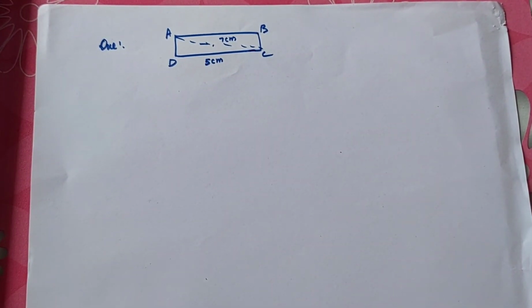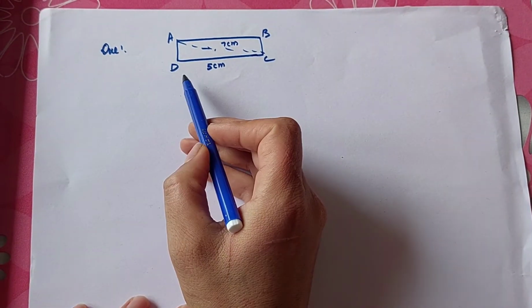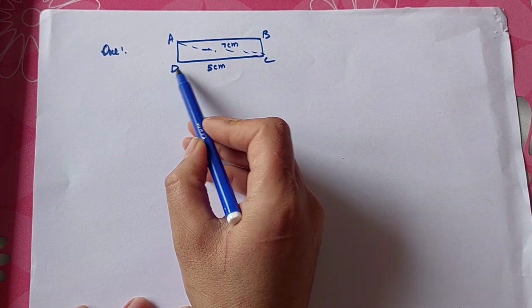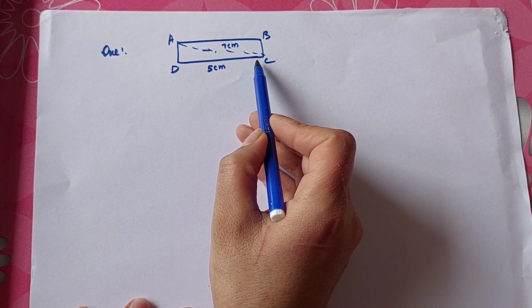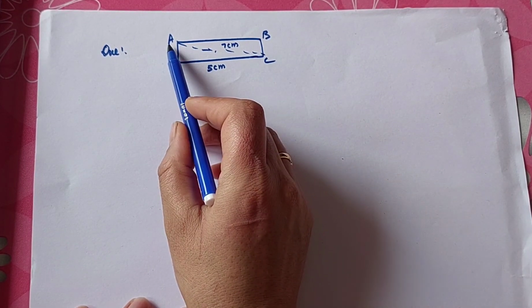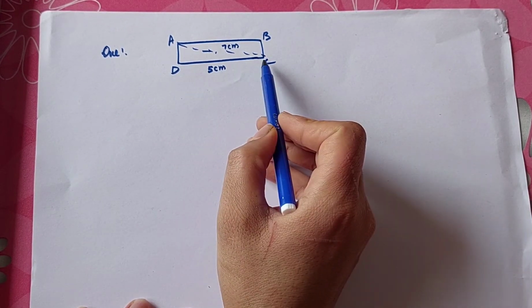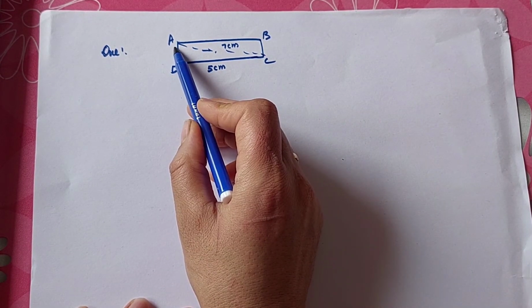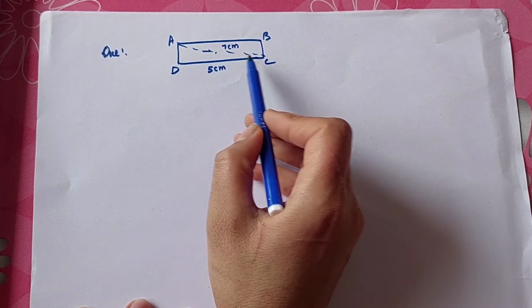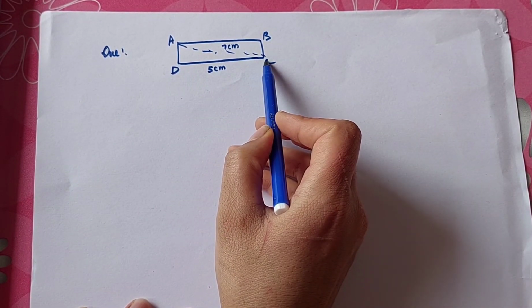So if we have to construct this rectangle, what do we need? We basically need 6 measures. The moment we draw DC, D and C will come in the scene. Now we have to look for A and B. So what should we look for first? Let's go for A. A is 7 centimeter from C. So we have got one measure, but there are many points which are 7 centimeter from C.